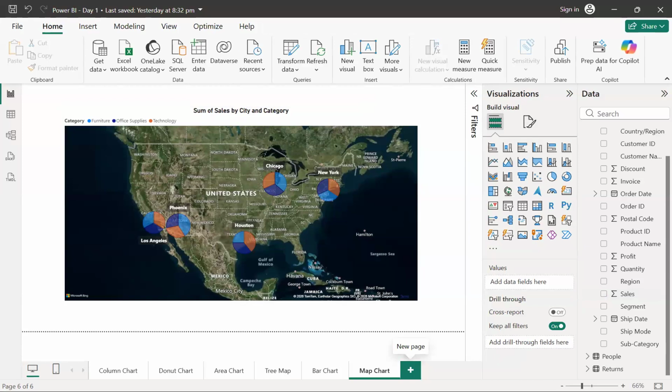Shubham, I just have a doubt. What has happened to me here is, for the Houston example, it's showing me only the furniture data. It's not showing the rest, the office supplies and the technology. You're not getting the other categories?